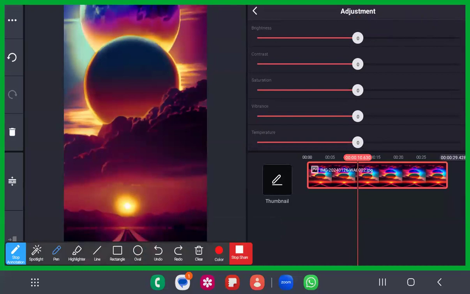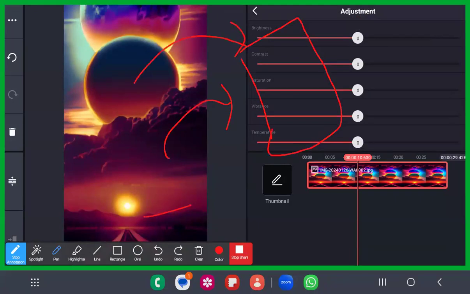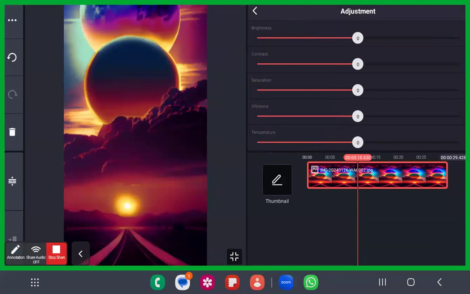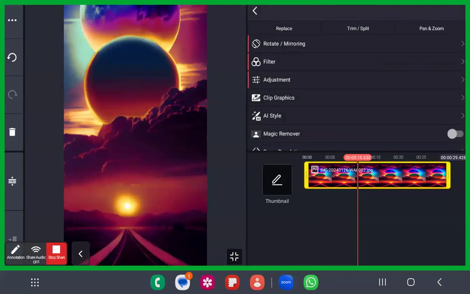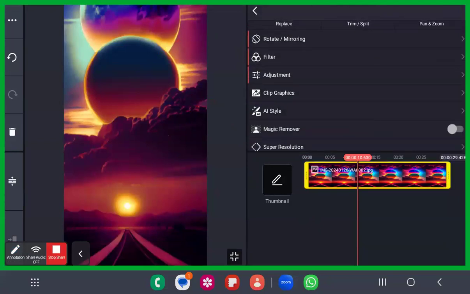These few photo editing options were for photo editors only. What we used to do before in KineMaster, all of these options were not present. We used to have different photo editing apps, and we used to use these photos, enhance the photo quality, and then put it here. But now KineMaster has offered each and every photo editing option. You all have to give this a try, and these are excellent options that are available.